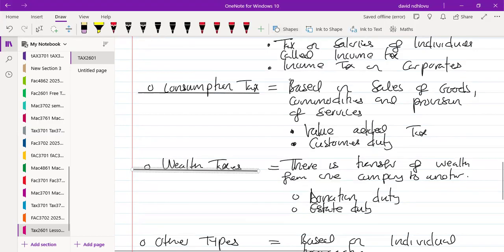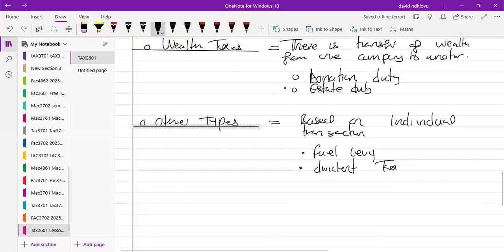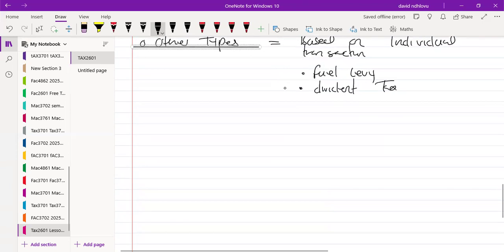We concentrate more on the income tax. We don't worry about the other taxes except for introduction like this. But when we continue now with our work here, we are going to be concentrating mostly on income tax. And you need to be clear on that. Right. Another classification of tax, or base, it is based on what?